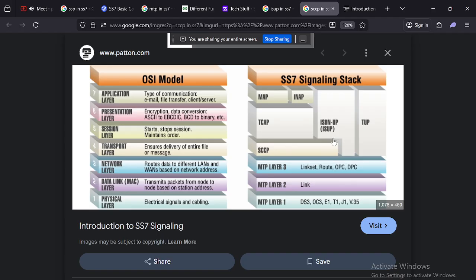And when it goes to the global title translation, a point code is like a network node, a subsystem, a network application of that node. When you try to send something from your phone, like an OTP, that subsystem, the HLR, will also identify where you have received the OTP, in a particular location of the mobile service provider. So this is how the network knows where to send signaling messages.